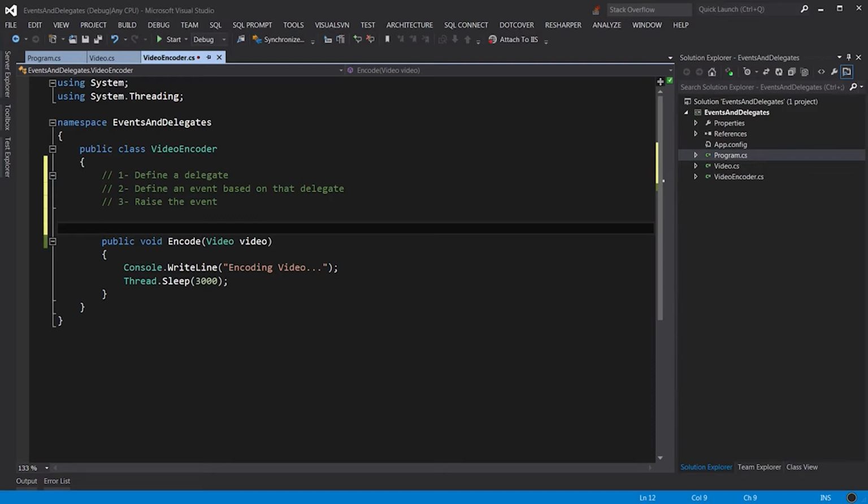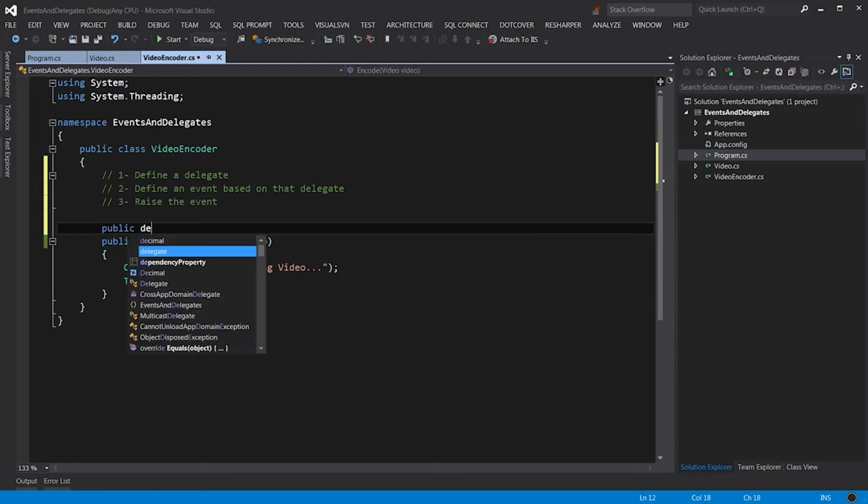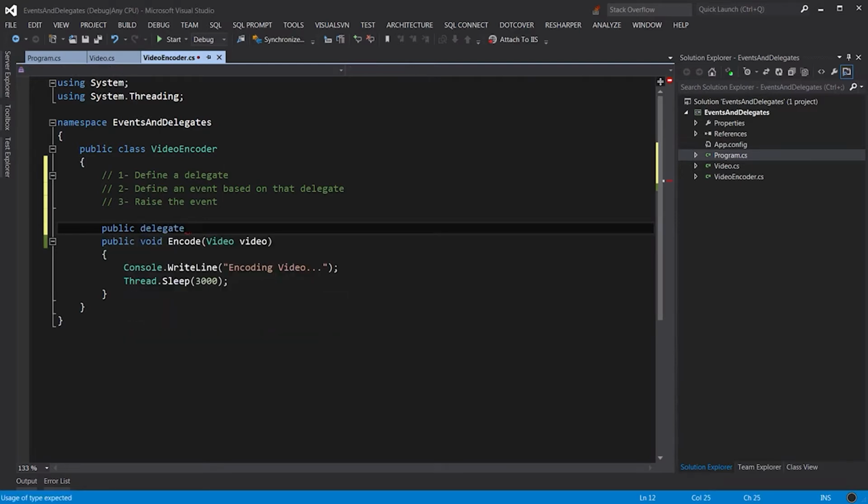To define or declare a delegate, we start with public because we want it to be accessible anywhere. Then we use the keyword delegate. Now imagine you're declaring a method. To declare a method, we need to specify the return type, give it a name and parameters. And this method would actually be the event handler in the subscribers. So if I want to declare an event handler, I would say void. I would give it a name,